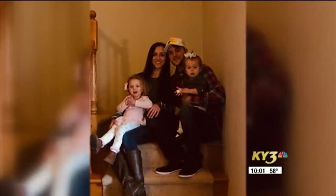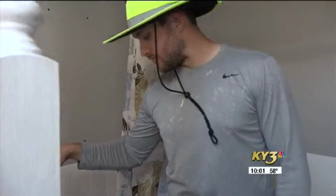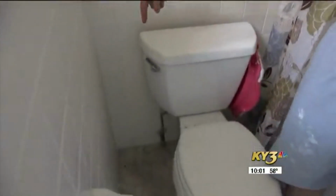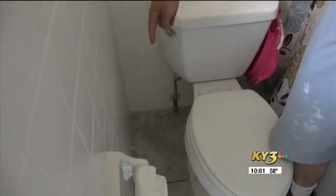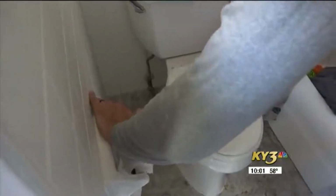With his pregnant wife by his side, they grabbed their two little girls, taking shelter. We had baby Nora right here, so we had the 18-month here. Then we had baby Grace here, and then Mama Bear was kind of tucked in here. And then I had my hand here like so, and then here. And then I was just over the top of them like this and was just pressing my legs up against the wall and was just...